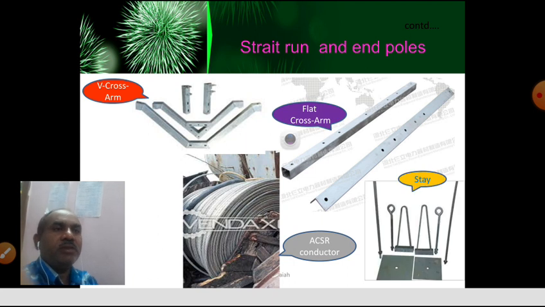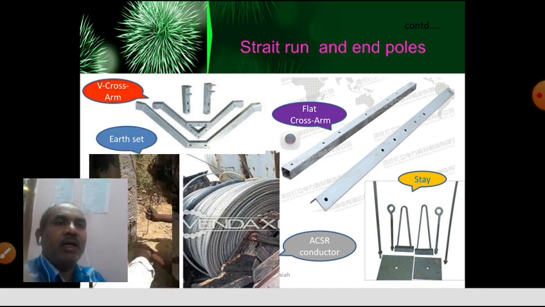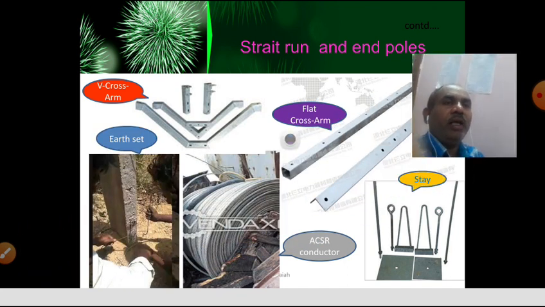And next, this is a stay set. So how it is connected, already you know, the stay set and the different parts of the stay wire. Already I have seen the guy also. And another one is, every fifth pole should be earthed, even if it is PCC poles or RCC poles. Every pole should be earthed, you can see here. So these are the common points you have to remember before estimation of material for 11 kV line or LT line, low voltage lines.